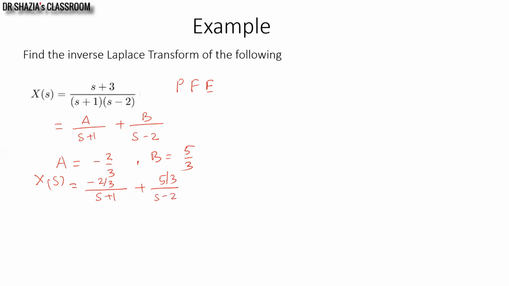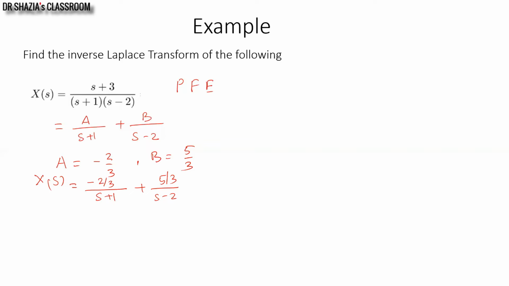Now, after applying partial fraction expansion, am I in a position to apply inverse Laplace transform to it? No, because as I explained in the previous slide, Laplace transform always comes with ROC. So I will be able to generate a unique signal or sequence back from x of s along with ROC. If ROC is not mentioned, then more than one signal can have the same representation in the Laplace domain. Here the ROC is not mentioned in the question.